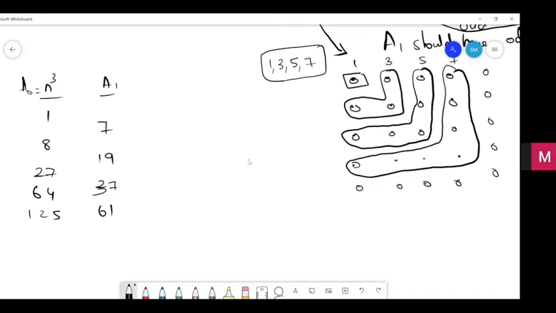No, I think so. See that 19 will be 7 2s are 14 plus 5. Okay. 61 will be 7 8s are 56 plus 5. Wow. 37 I took it as 33 actually. 33 will get 7 4s are 28 plus 5. But 37, oh, nice. Okay. So it is not following the law. Yeah, 7 5s are 35 plus 2 it will be.